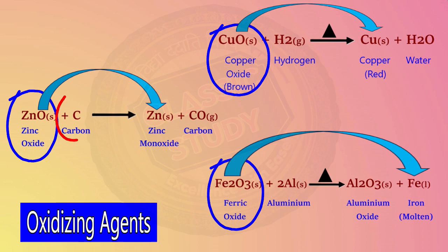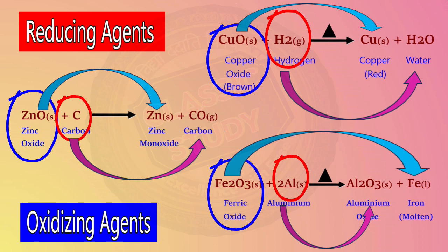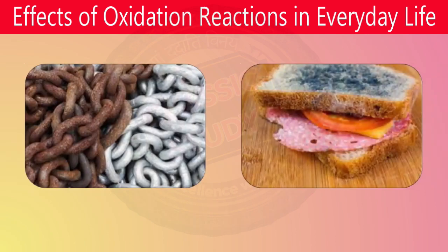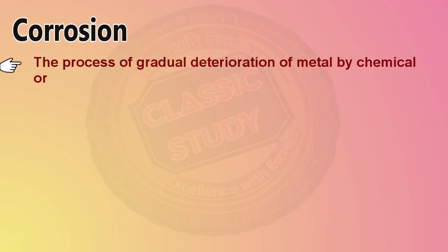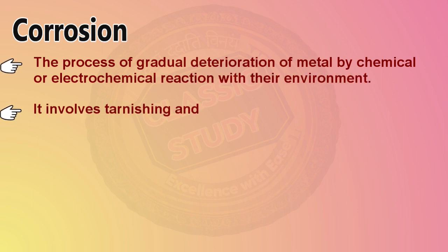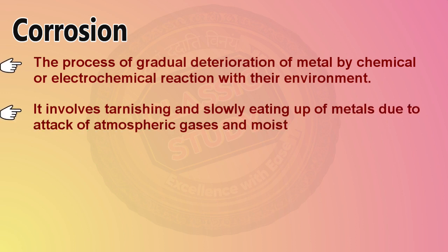On the other hand, carbon, hydrogen, and aluminium gained oxygen and they cause the reduction, so they are called reducing agents. Effects of oxidation reactions in everyday life. There are two common effects of oxidation that we can see in day-to-day life: corrosion and rancidity. Corrosion is the process of gradual deterioration of a metal by chemical or electrochemical reaction with their environment. It involves tarnishing and slow eating up of the metal due to attack of atmospheric gases, moisture on the surface